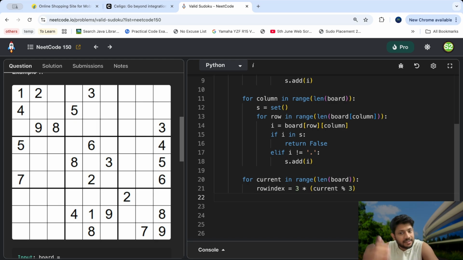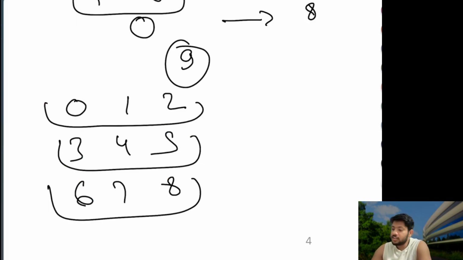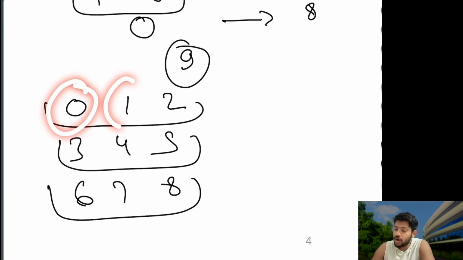The next thing is I want to find my column index, and for column index, it will be something different. Column index will actually be current divided by 3, and then it will be multiplied by 3. I'll tell you why. That's more important to know. See, the thing is, when you are running a loop to find the box 0, 1, 2, then 3, 4,